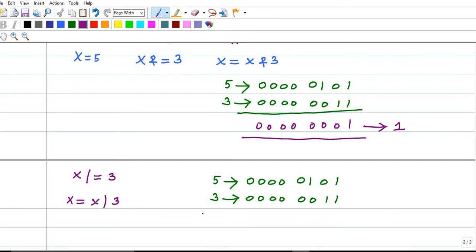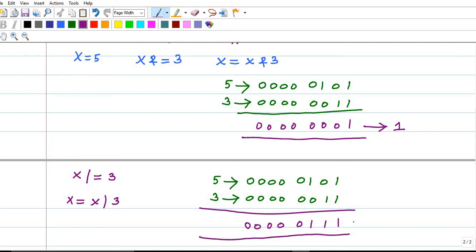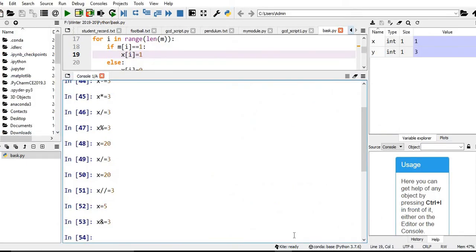This is bitwise OR. So 1, 1, 1, 0, all others are zeros. So we know that this 111 is 7. We'll verify this. Let me assign x is equal to 5. Instead of ampersand, I'm just using pipe symbol. I need to get 7. You just see now the value is 7.